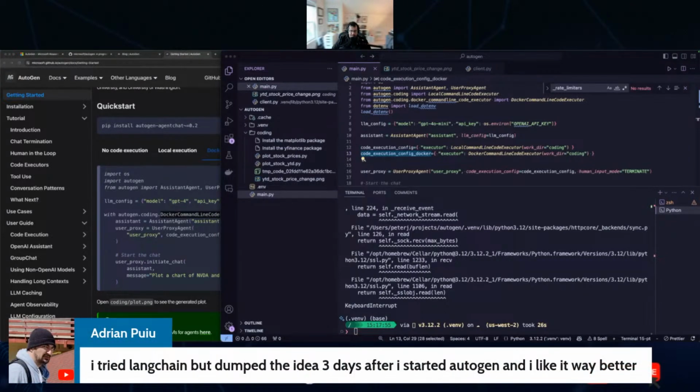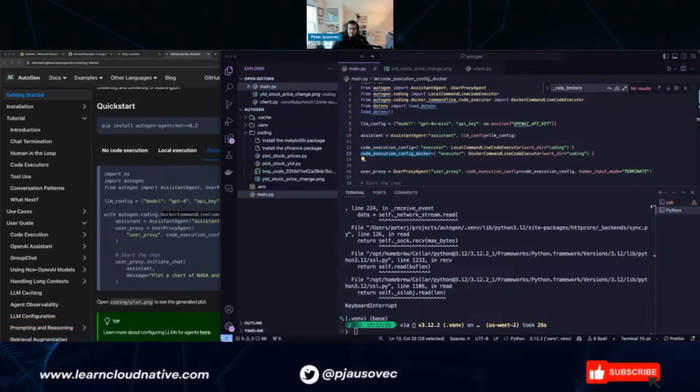I tried LangChain, but dumped the idea 3 days after I started AutoGen, and I like it way better. Yeah, I could see that. I played with LangChain as well. It's interesting, but it feels like if you weren't there from the beginning, there are so many abstractions on top of abstractions that it's so hard to figure out what's going on.